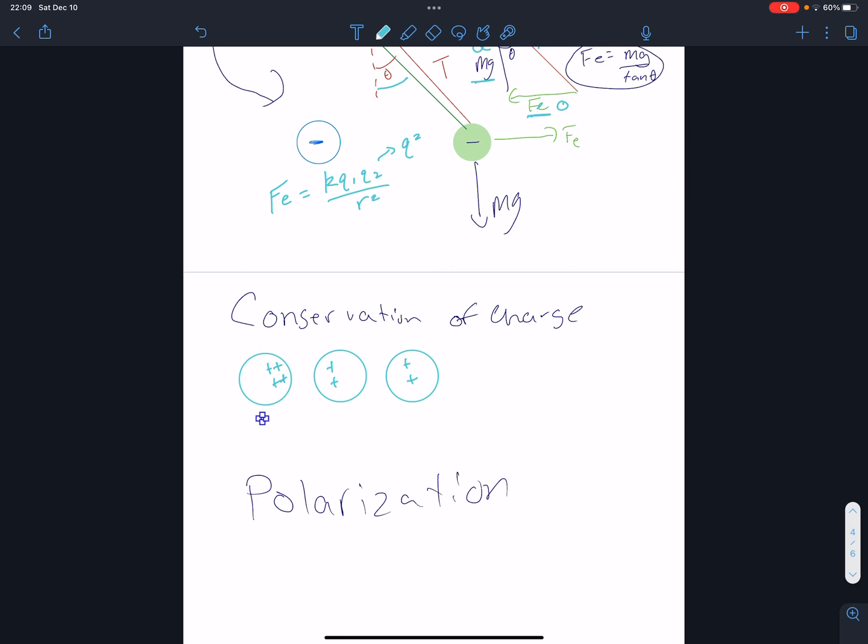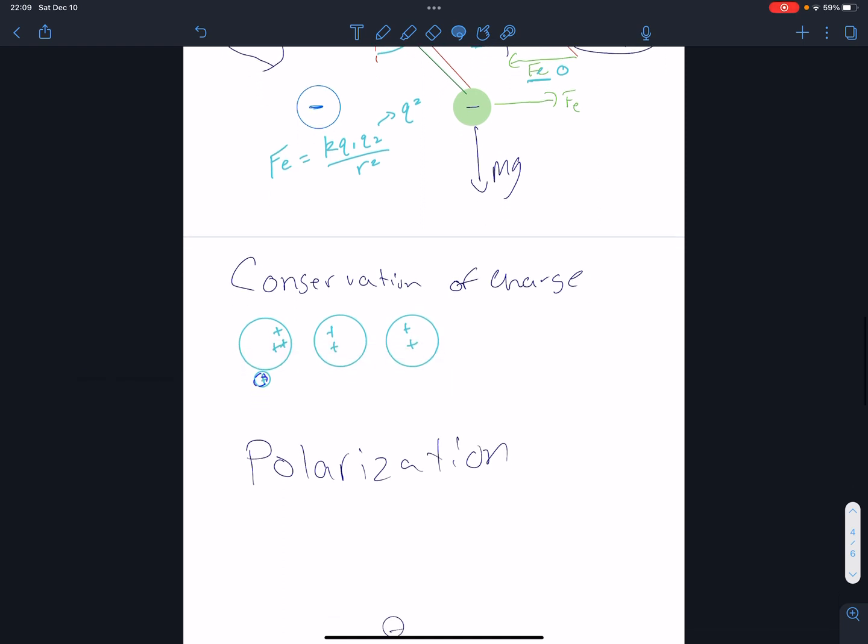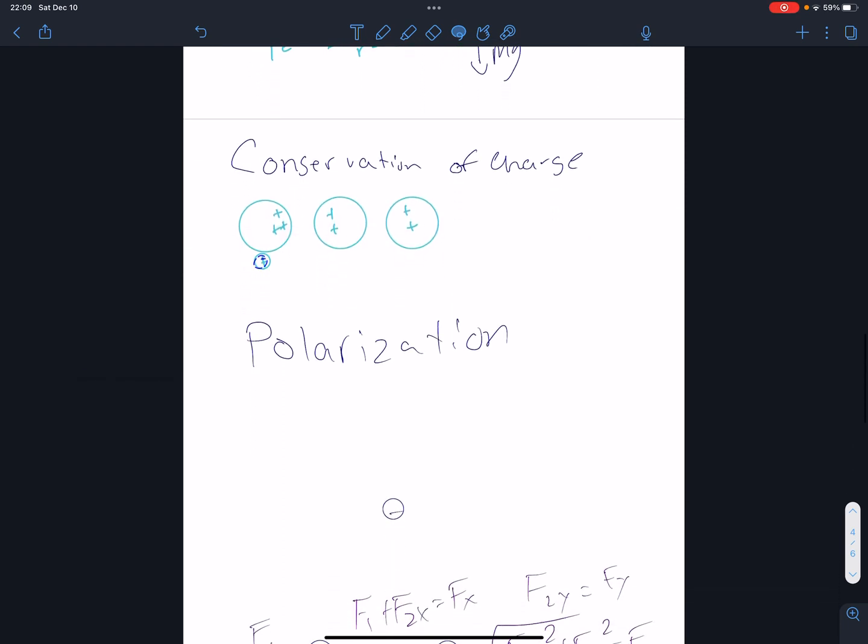Okay. Let's say that I bring this guy in and we touch, boom. All right, it may not get all the charge. It may just have one charge go over. If they're not the same size, it's not necessarily going to be like that, but you can kind of do it intuitively. If they're all the same size, when you touch them together, it should split. If they're not the same size, then the smaller one generally will get less charge. All right,